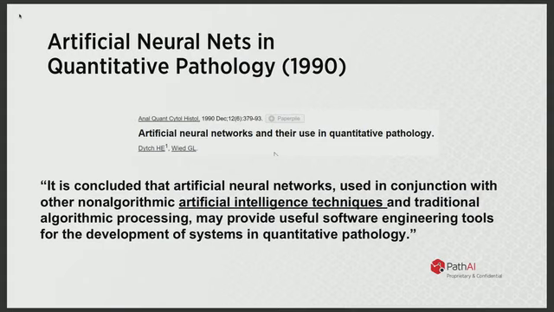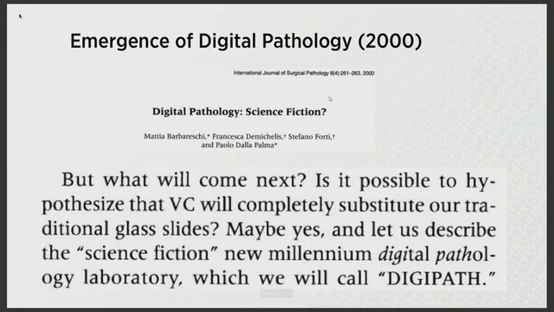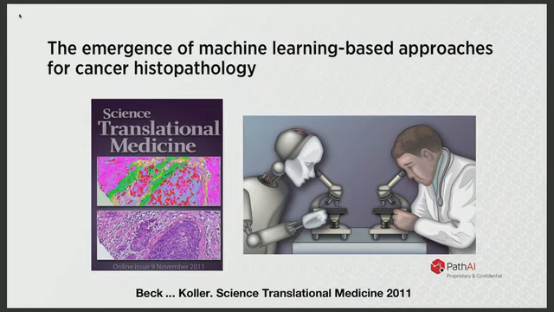And then people got excited about AI building off of simple approaches. And back in 1990, it was thought artificial neural nets would be super useful for quantitative pathology for obvious reasons. But at that time, there was really no way of digitizing slides at any sort of scale. And that problem's only recently been solved. But in 2000, people were first thinking about, once the slides are digital, then you could apply computational methods effectively. But nothing really changed, and still to a large degree hasn't changed for the predominance of pathology, which I'll talk about.